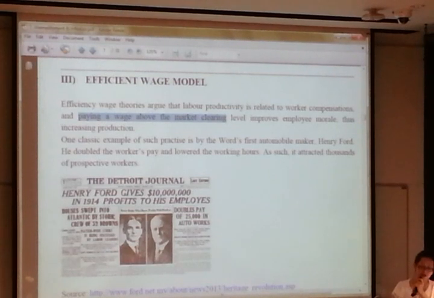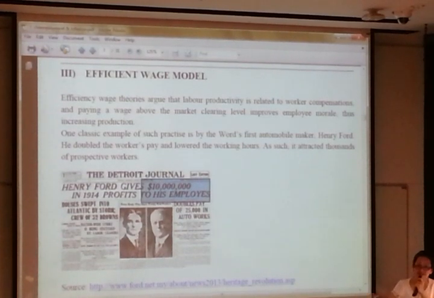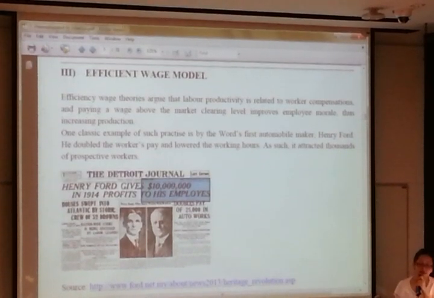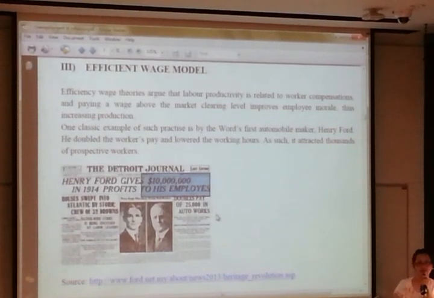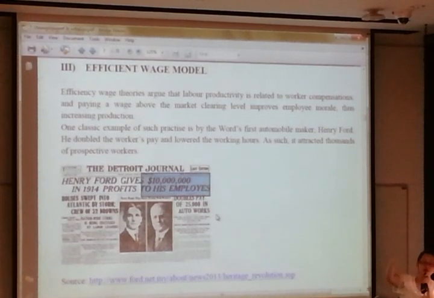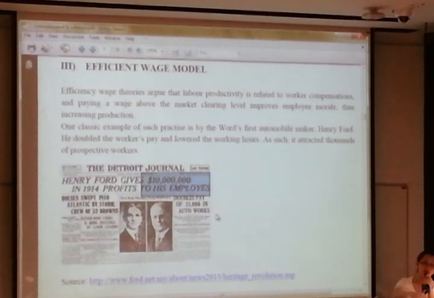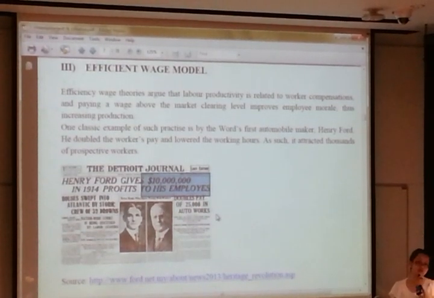And at that time he distributed his profit. That amount was huge, like millions now, but he distributed it to his employees. So he practiced the efficient wage model. This is also widely practiced in the banking sector. When you need top bankers, you need to retain them, so you pay them very high. But because it eats into the firm's production cost, the firm cannot hire other types of workers.